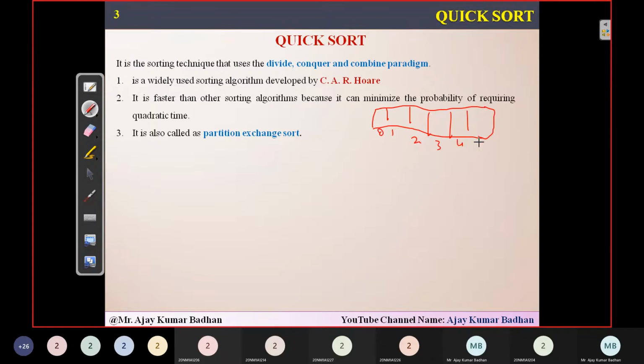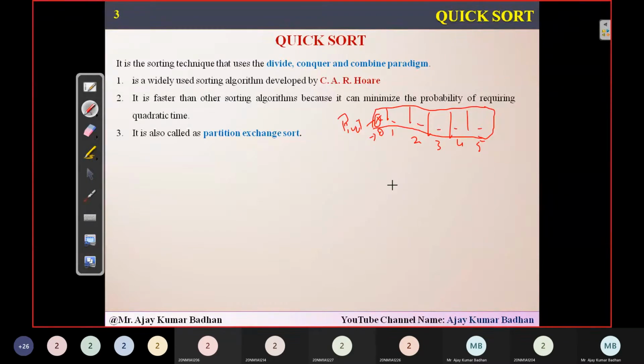How quicksort works is, the simple principle is that it selects the first element present here. Let us suppose at the 0th location I have some element, some X element. I am going to select this as a pivot point. Quicksort selects that as the pivot point, and using it, it divides this entire array into two halves. We can't say whether it is n by 2 or something like that. It divides into two halves, but whether they are equal halves or not, we can't say here.